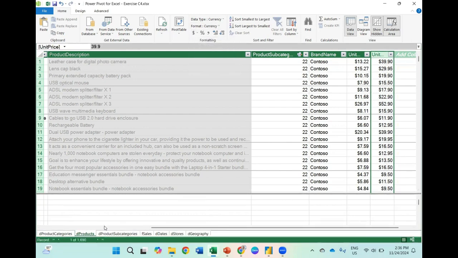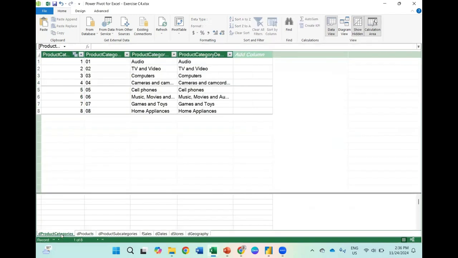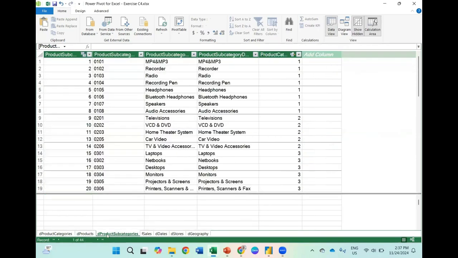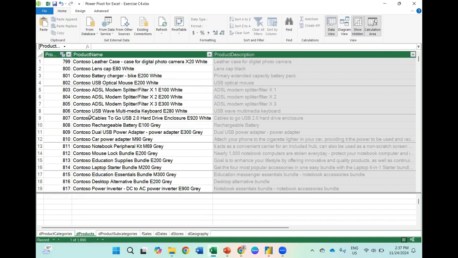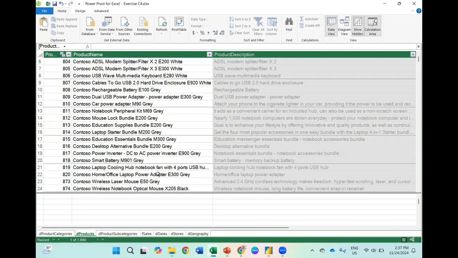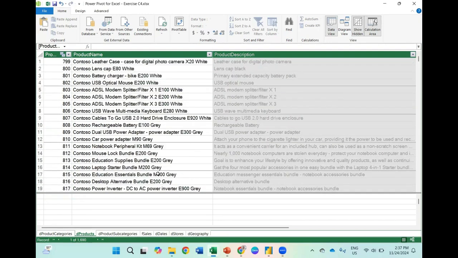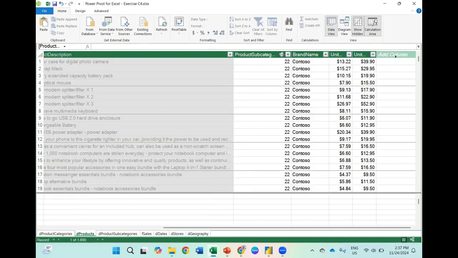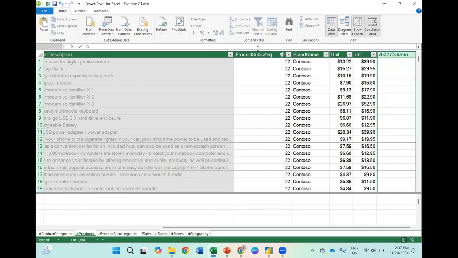Okay, so let's say in this file I want to include the product category. A new column for product category and a new column for product subcategory, for every product listed here. For all of these we want to include a new column. So go to the last column, add a column. I want product category.